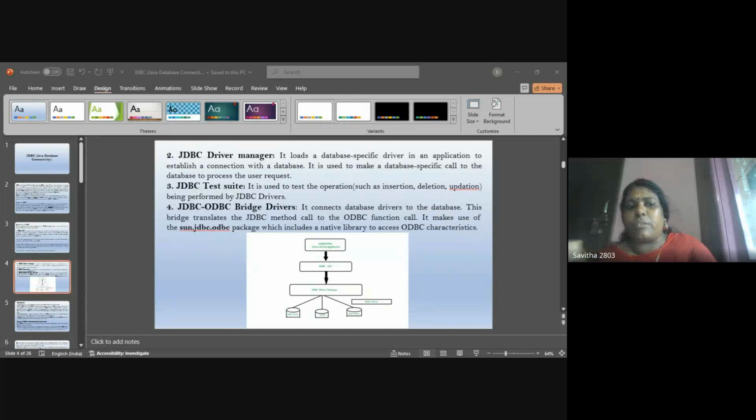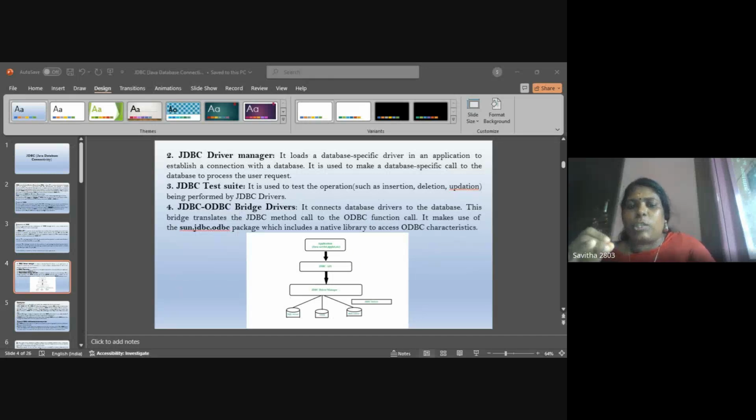Some of the interfaces we need to define, some of the classes we need to implement. Then inside that class, we need to create some objects. By using these objects, we can implement query operations. Different manager classes or type classes will be there. So these are the APIs, or application program interfaces, through which we interact between the application and the data source or database.